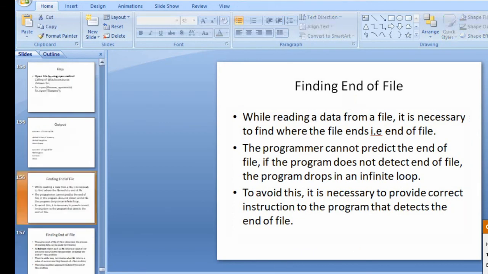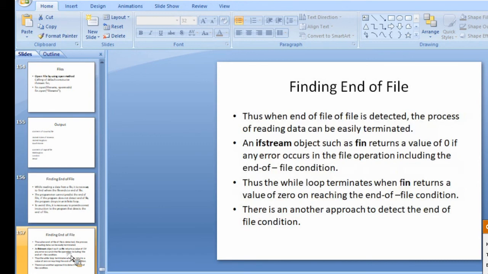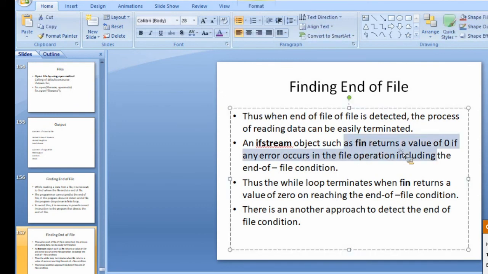So we have an ending of a file, right? That is, we specify the file end by using a terminator. For example, it returns 0 if any error occurs in the file operation, including the end of the file condition. Okay.